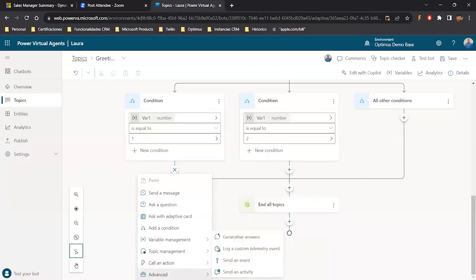Another thing that you could do here is create or generate answers using the website that we configured at the beginning, or do additional things like send an event. Send an event is to trigger an event manually, trigger one of the topics manually, or trigger something specific manually, or send an activity if you want. Okay, so basically,